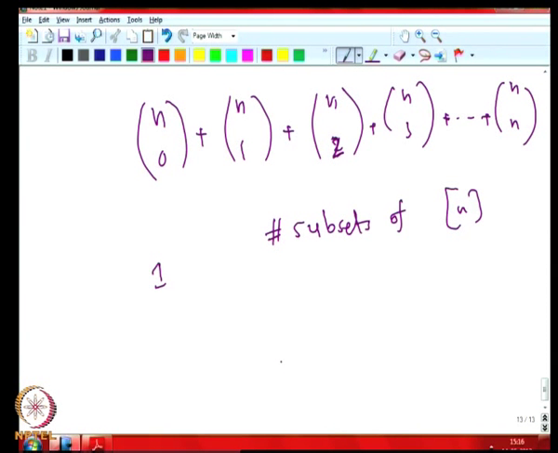And earlier we had shown, by that binary string argument, that we set up a bijection between the subsets of an n element set and the n length binary strings, and told that this is actually 2 raised to n, right. Here we are claiming that is